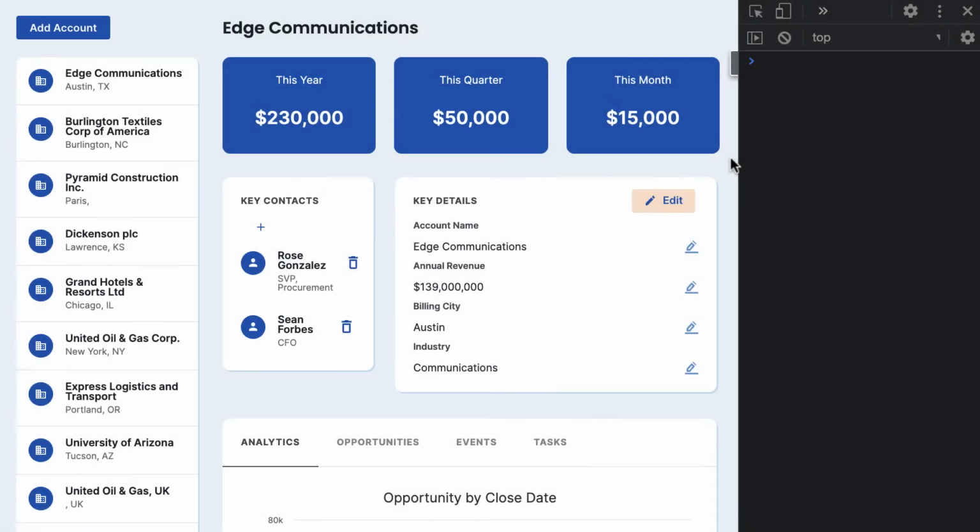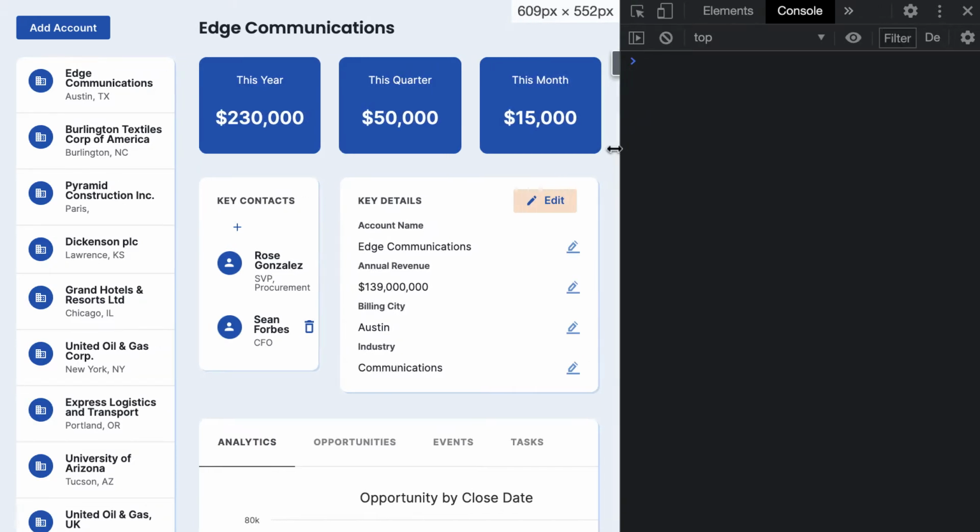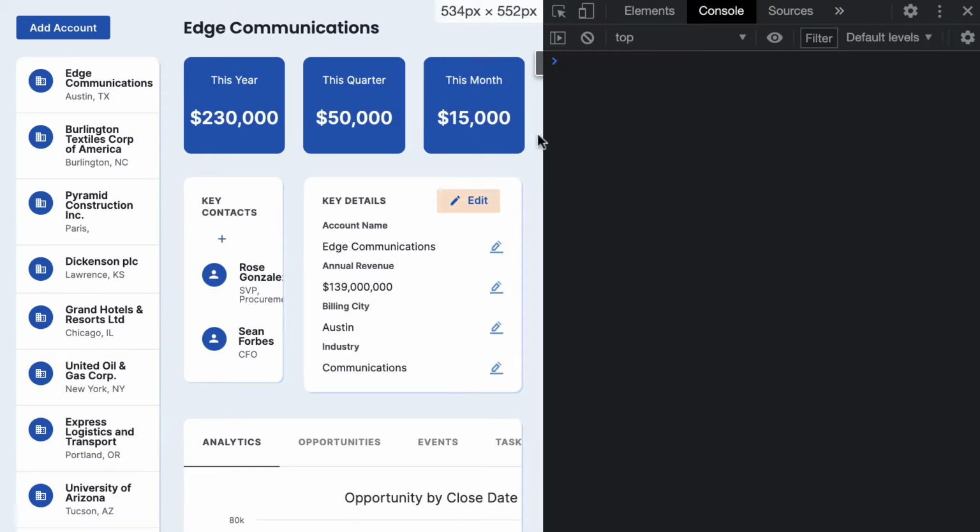Squid components are engineered with responsiveness in mind. However, it's up to you, the Squid Builder, to provide your end users a great experience on mobile and tablet devices. Here's an example of a page before optimization. In this case, it's an account dashboard view.